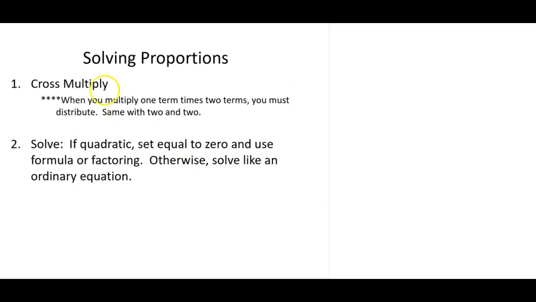So, how do we solve proportions? Since the cross products are equal, we are going to cross multiply. But when you multiply one term times two terms, you must distribute. Such as if I have A over B equals C plus D over F,